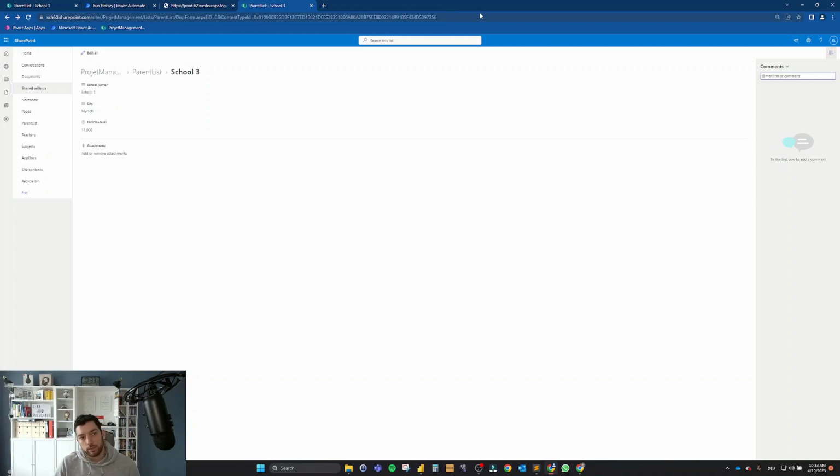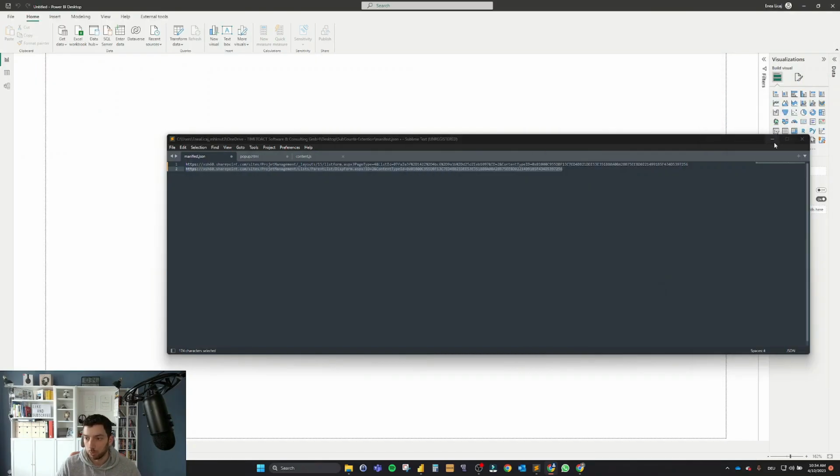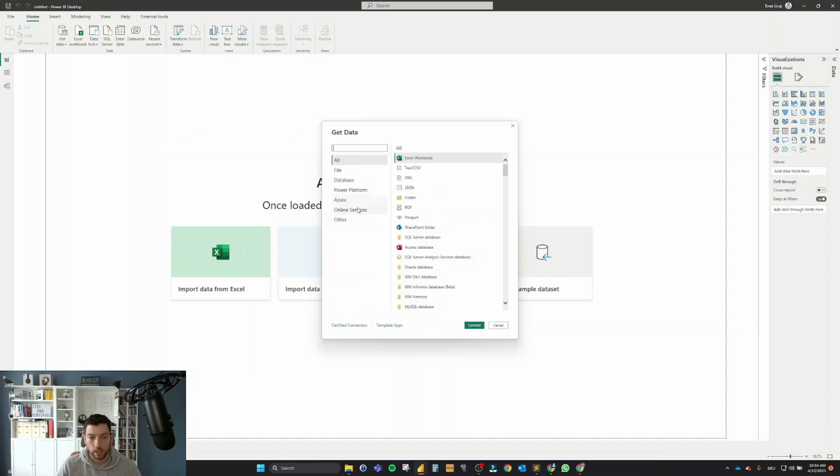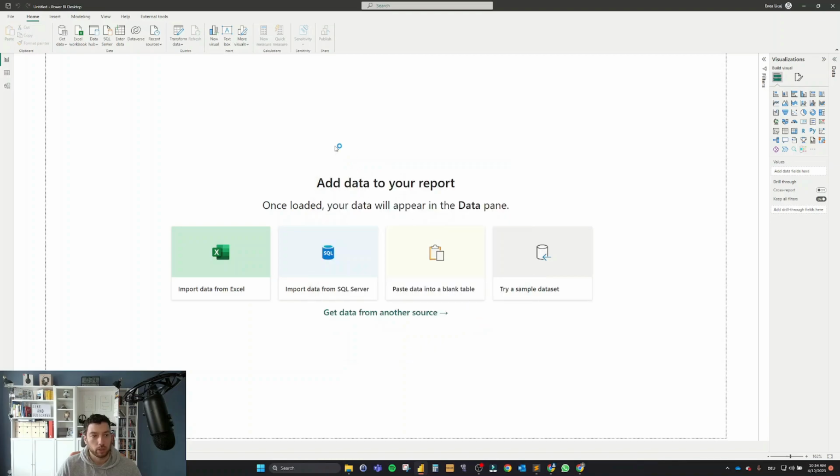So now that we have learned that, we are going to go to Power BI and grab this data from our SharePoint list and see if we can build this link to this item manually once, and then we have it like a dynamic link generated for us for each new item. So I'm going to move that away, and I have already opened a new Power BI Desktop instance. I'm going to select Get data, More, and then go to Online Services and SharePoint Online List. I'm going to click Connect,